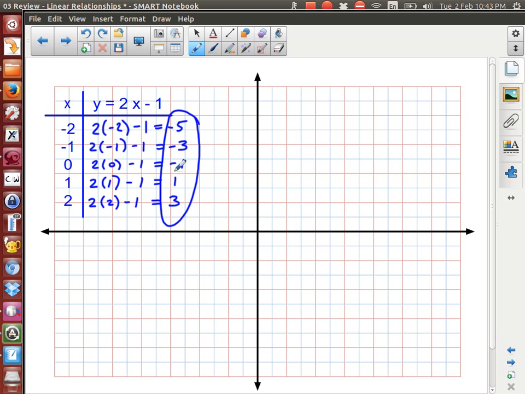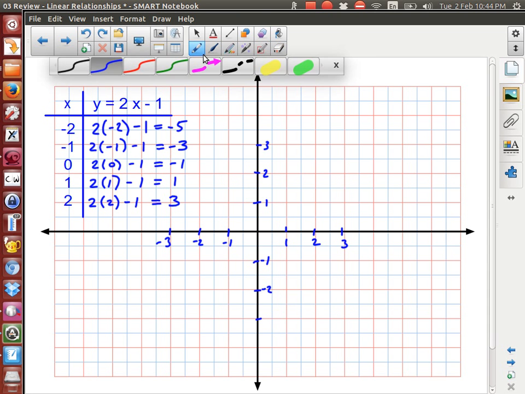-5, -3, -1, 1, and 3. So let's turn these into some points on our graph. I'm going to choose a scale. So I'll make that 1, make that 2, make that 3, -1, -2, -3. Same thing vertically, 1, 2, 3, -1, -2, -3. You can see that on my scale,